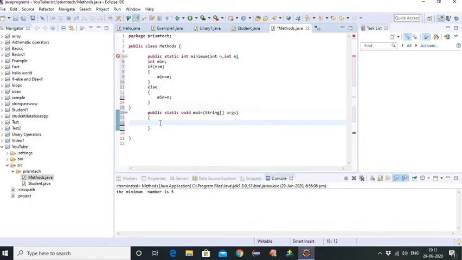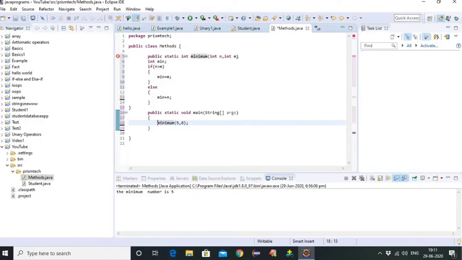I have told earlier that if the method is static, it belongs to the class, so we need not create any object. Now it is a static method, so we are not going to create any object. We are going to call the method by its name, and in the parameter list I am passing 5 and 8. So I called the method. Now what is the task?